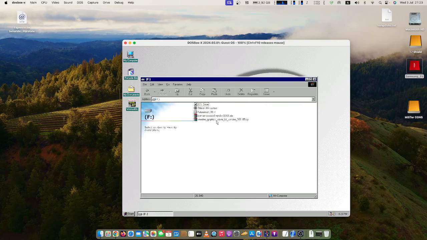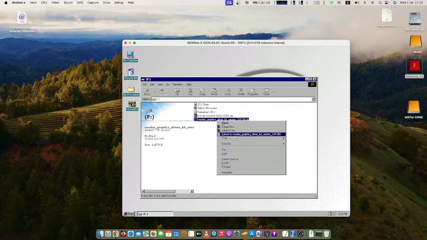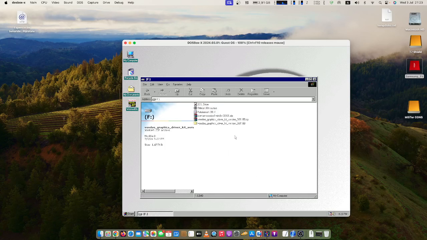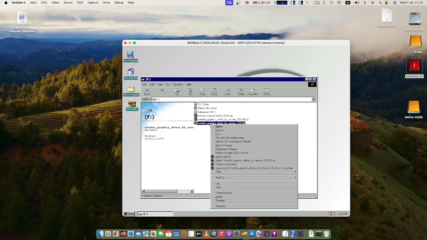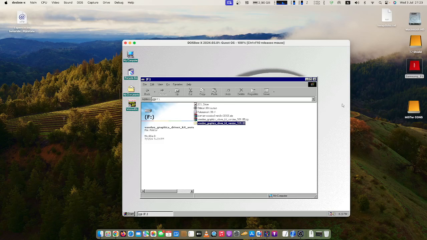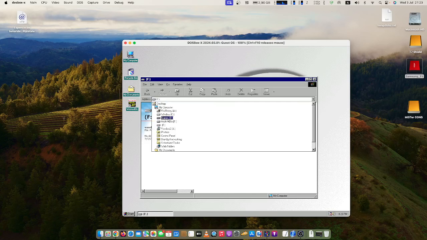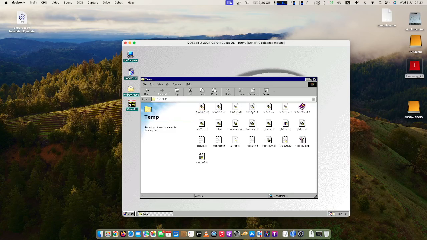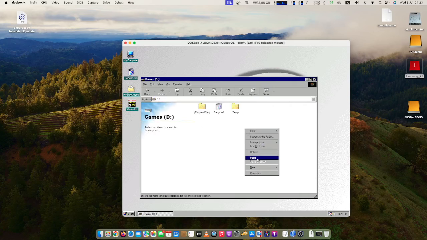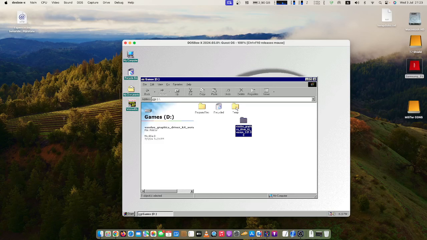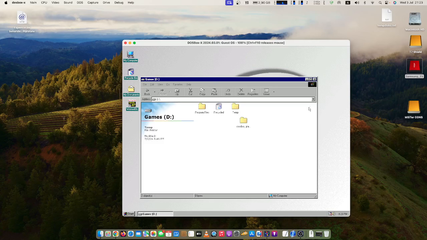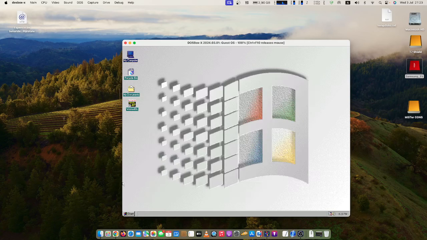Until we have the Voodoo drivers extract. And put them in temp. And these are the modified drivers. So